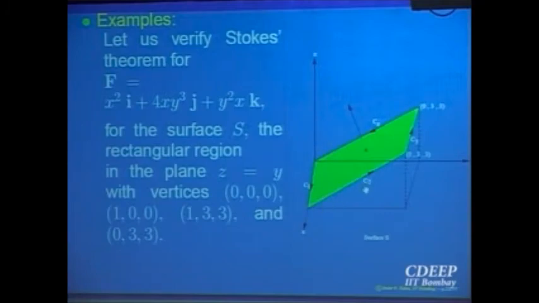So this is the plane, z is equal to y. In that I am looking at that square piece with vertices (0,0,0), (1,0,0) and all those things, right? Now this is an orientable surface because it is a part of a plane. So there is one outward normal, there is some inward normal, some positive normal, some negative normal, whatever you want to call it. There are 2 continuous normals possible for this, right?